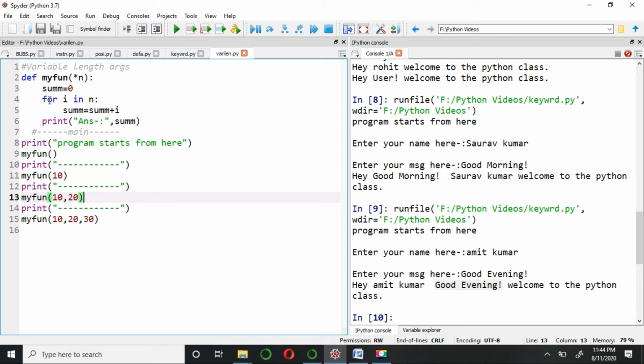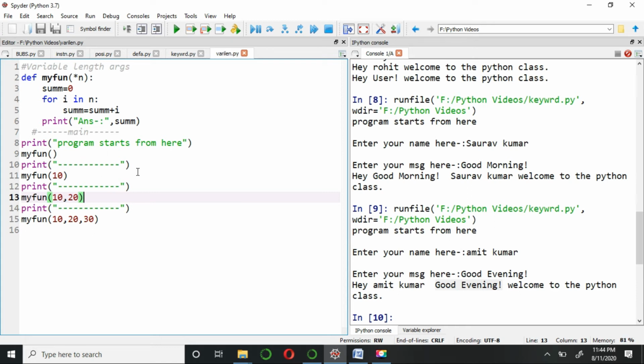It means whatever values are there in n, our loop will work till then only. Next is sum equals sum plus i, to add the values coming from n. Every time a new value comes, it is added to sum. Next we print the answer, meaning the final value of sum. So that was the body of the function definition.